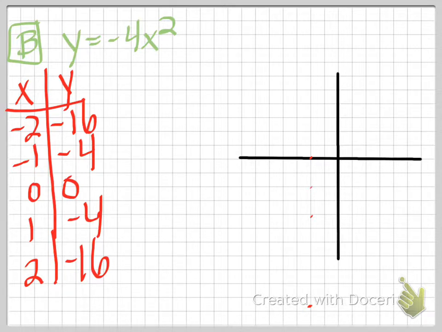Negative 1, negative 4. Here's my negative 1, negative 1, 2, 3, 4, right there. 0, 0, that's at the origin. 1, negative 4, right here. And then 2, negative 16 is way down here again. So I'm going to go down, and this is very